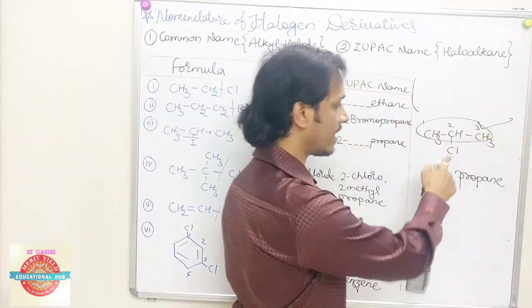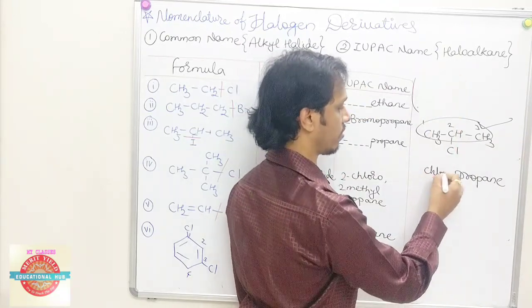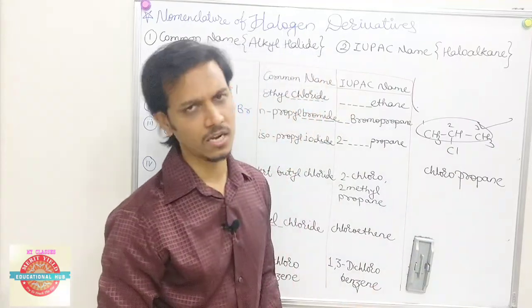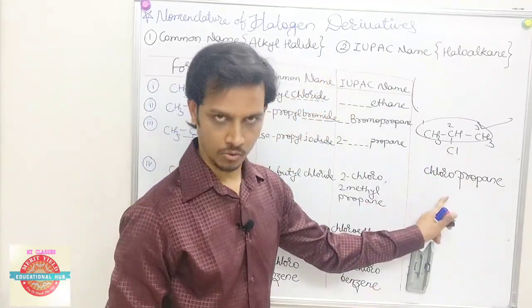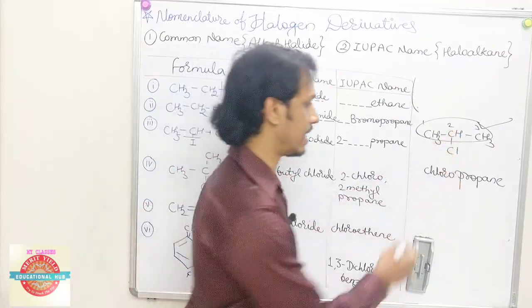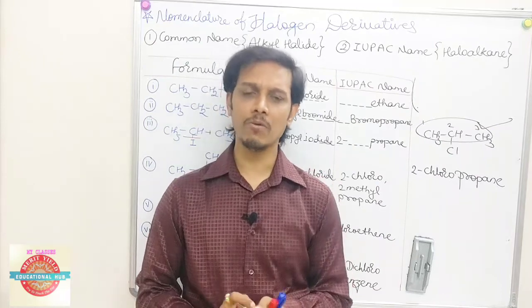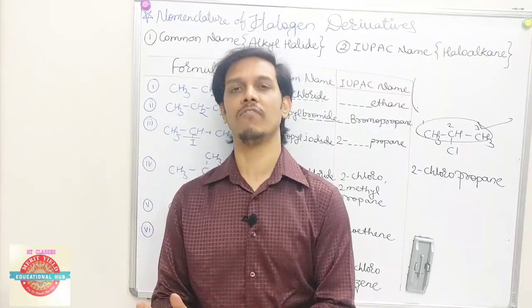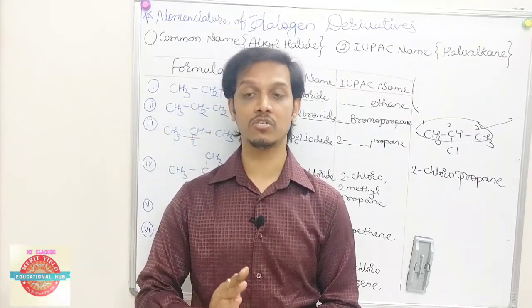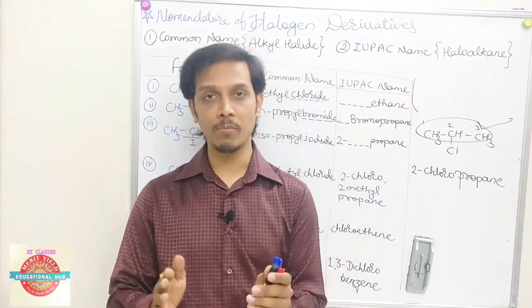Okay, we covered this much part. Now what is left? Cl. Cl will turn into chloro. Which halogen is Cl? Chlorine. So chlorine will turn into chloro. But that chlorine is bonded to the second carbon. That's why the name is 2-chloropropane. Okay. See, IUPAC is the simplest way of naming a system, but it should not overlap. It should not be confused with other compounds. That's why we have to be very specific.